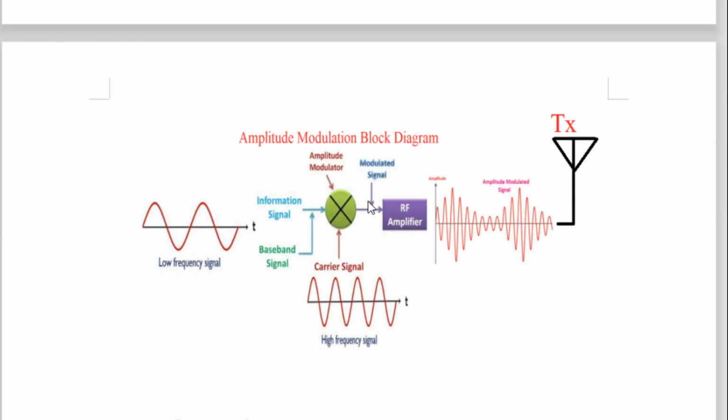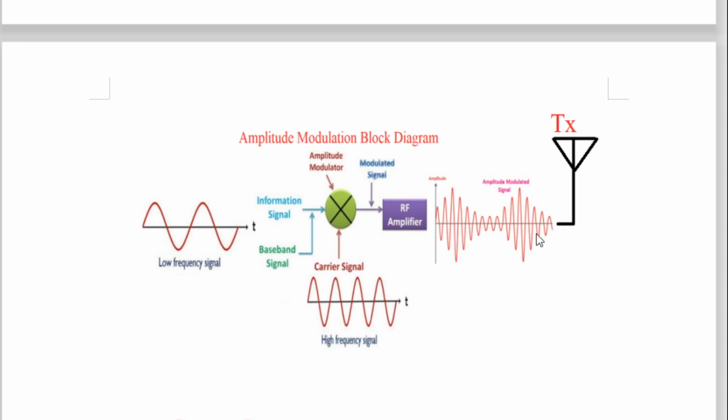So remember, this modulated output signal is nothing but the carrier signal only, but the amplitude of that carrier signal is changed. And here this modulated output is given to the RF amplifier, radio frequency amplifier, and then it comes to the output. And now this amplified signal, which has variations in the amplitude